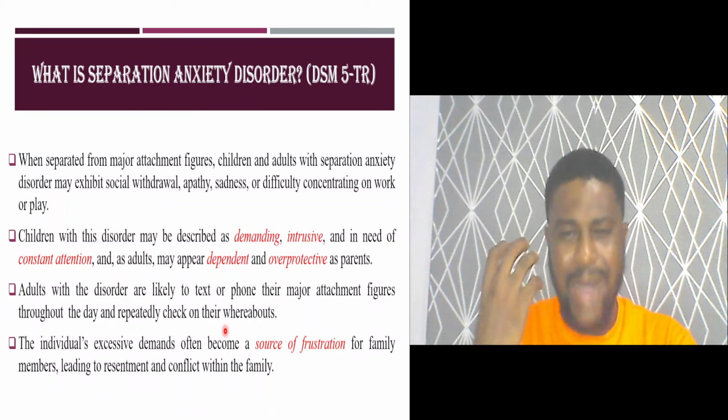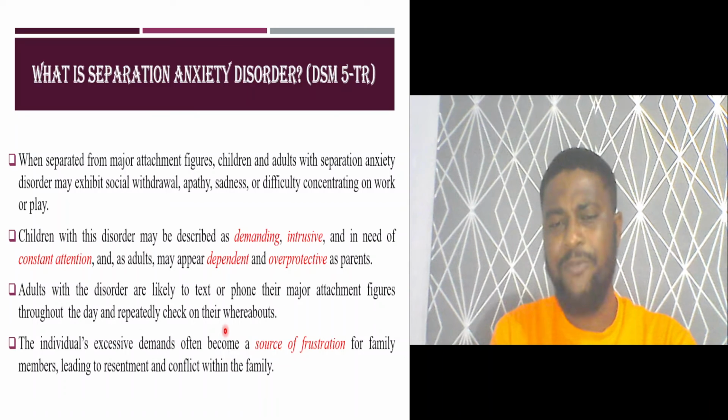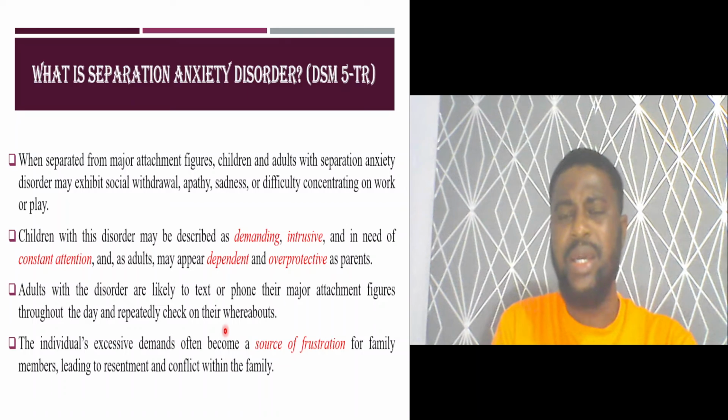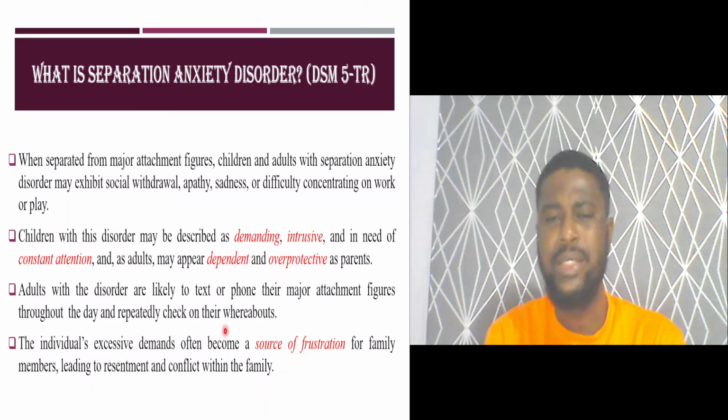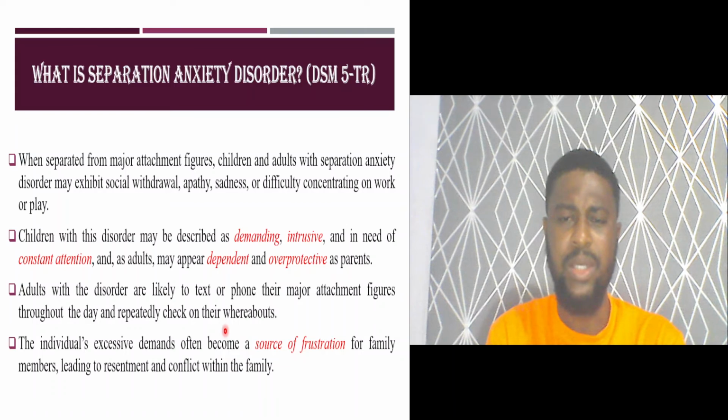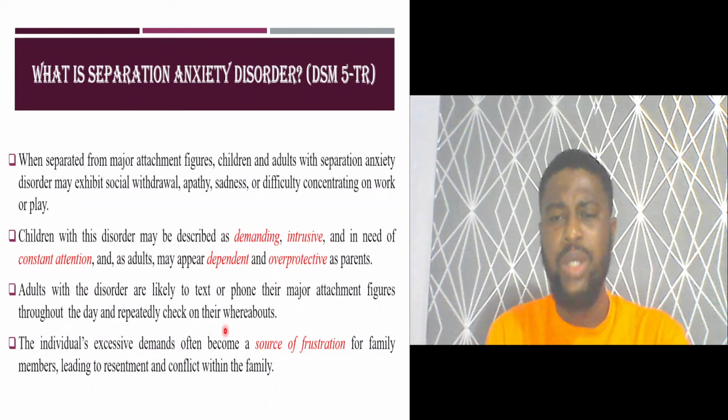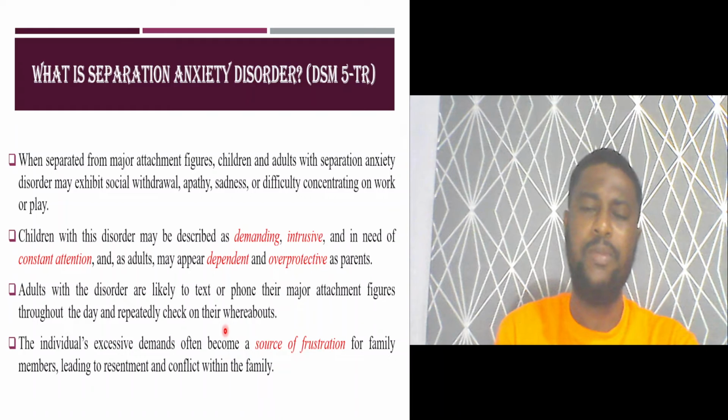There's that anxiety, there's that fear, which we have mentioned is inappropriate. It's out of touch with what should actually be when we are showing concern for others, and it's quite distressing to both the individual and to the individuals that may be on the receiving end of such separation anxiety symptoms in their fellow. So the major attachment figure may feel a bit